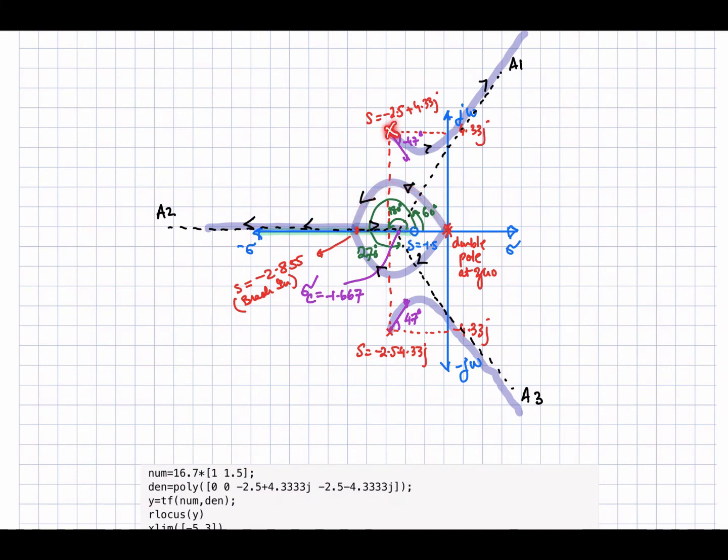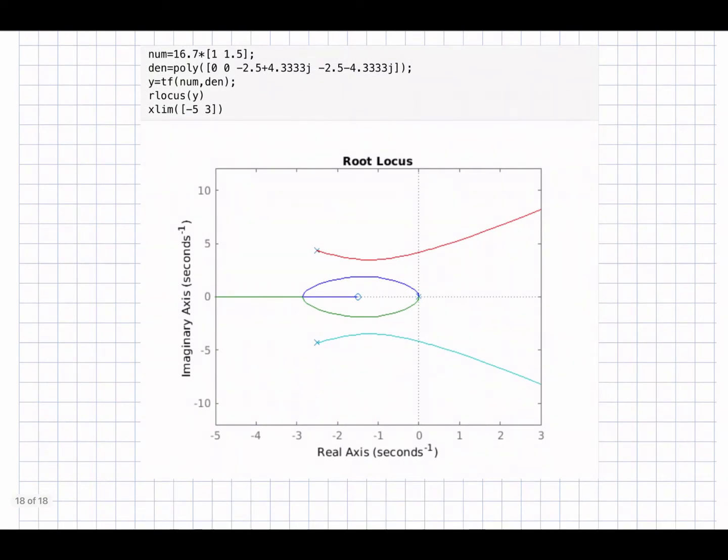And this pole will depart at the angle of 47 degree from here, but they will have to travel along this asymptote towards the 0 which is sitting at the infinity, right? And similarly this pole will depart at the angle of 47 degree, and then finally take this path along the asymptotes towards the infinity 0, right? So this is the root locus. As the gain k is changed, your poles will change their position. These poles will be changing like this, one moving over here, one moving over here, and these will be moving like this. Okay, now let's look at the MATLAB sketch of the root locus.